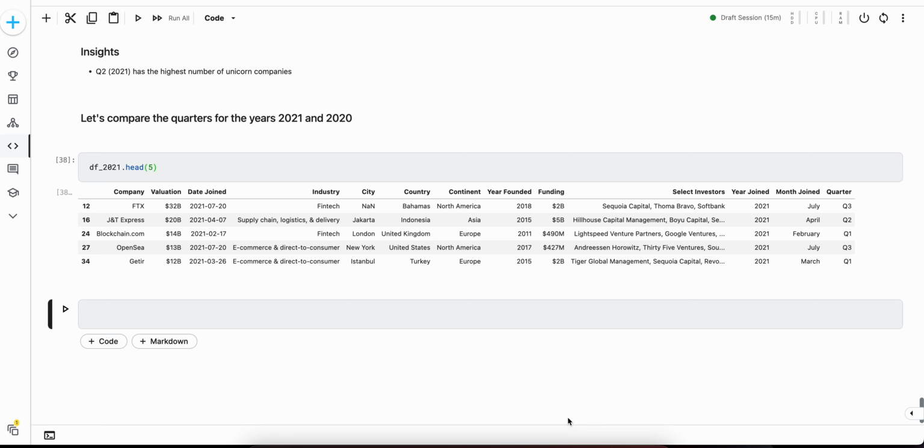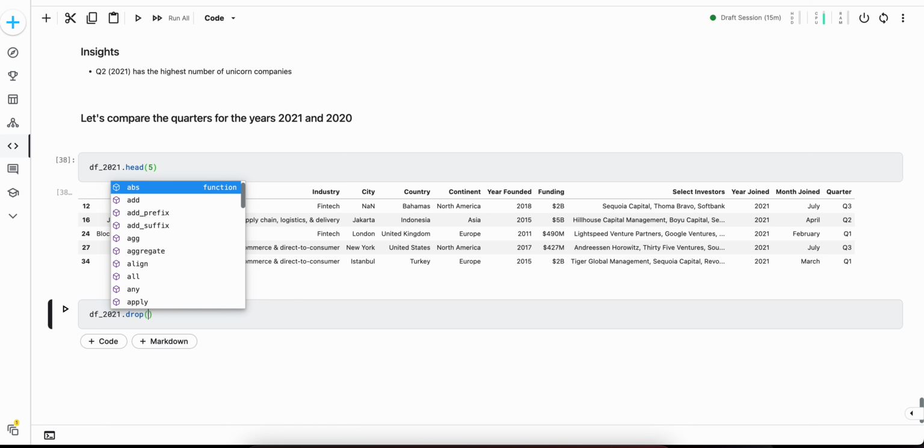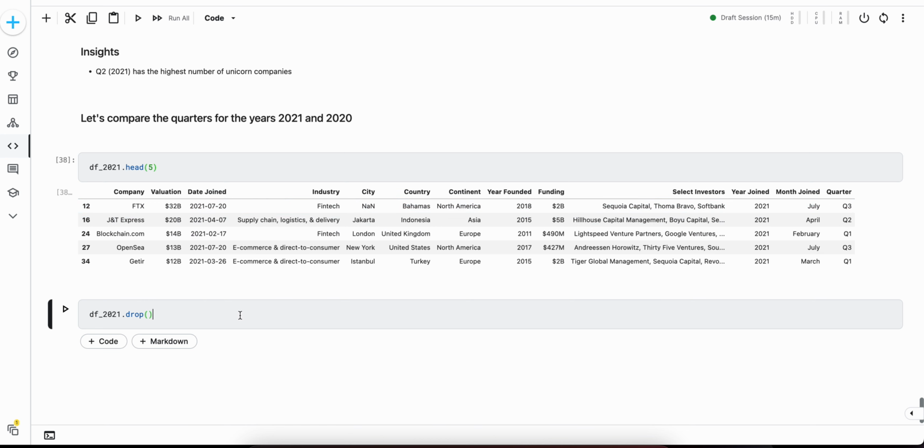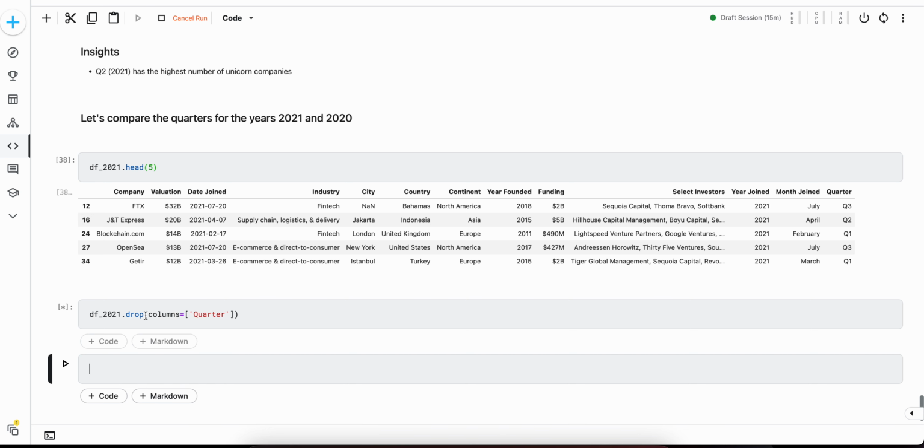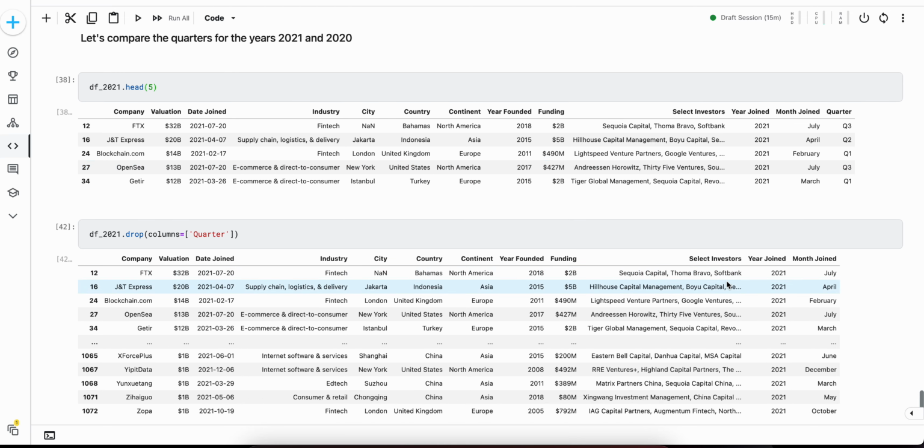In this video we will drop a column from an existing data frame. To do so, we will use the drop function already present inside the Python package, that is Pandas package. To drop particular columns, that is in our case quarter column, we will provide names of these columns in a list to the columns parameter of drop function. Quarter, let's see the result. As you can see, quarter column has been dropped from the